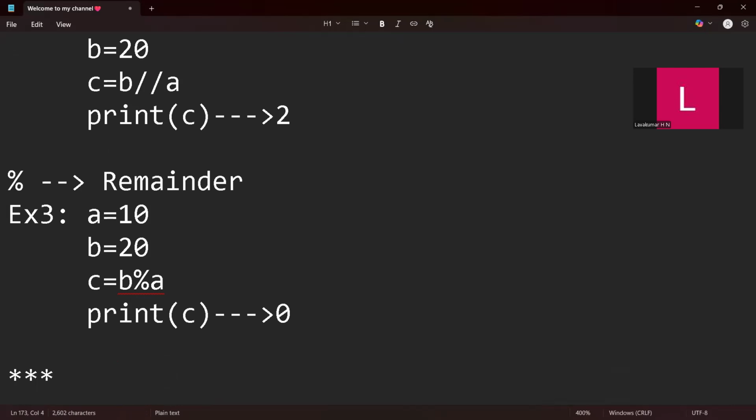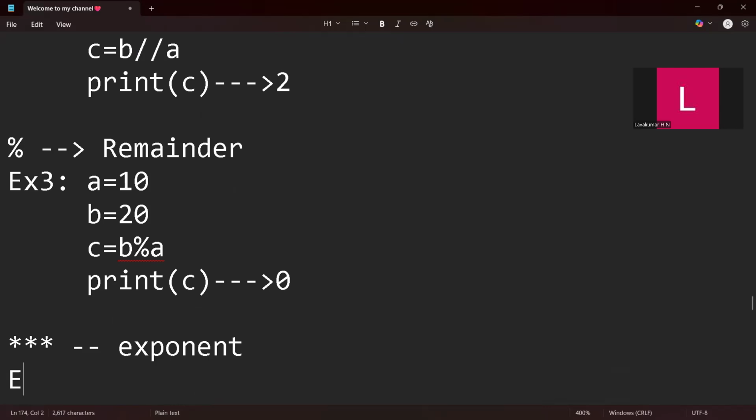Okay. So what will it do? This is an exponent operator. It is used to get the exponent. When you want some power, not just a square, and you need to have some results, you need to do operations on this power, so use this exponent operator. This is exponent. And example for this is example 4: